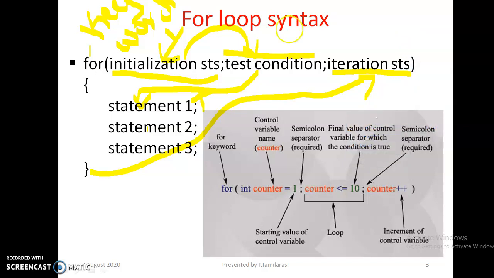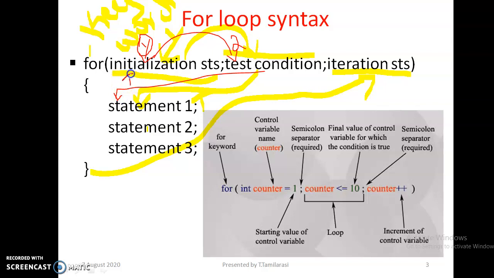Okay, ma. Whenever we are using the for loop, the first step when entering the for loop is that the compiler initializes our counter variable. Once it is initialized, it moves to the test condition. The second step is to move to the test condition, and if the test condition is true, it enters the block of statements and executes them.